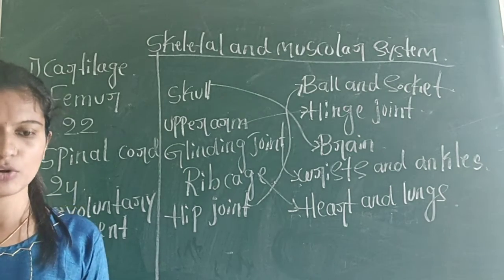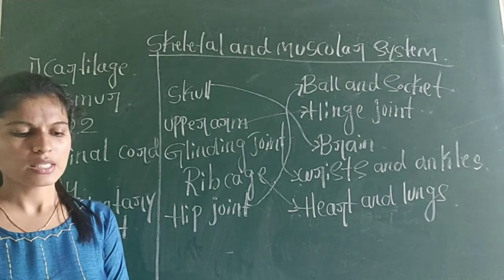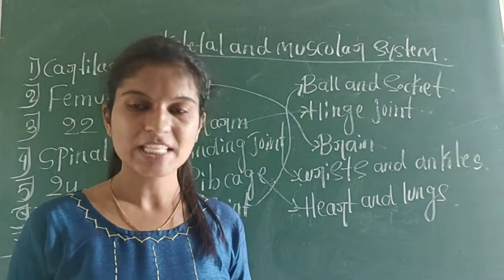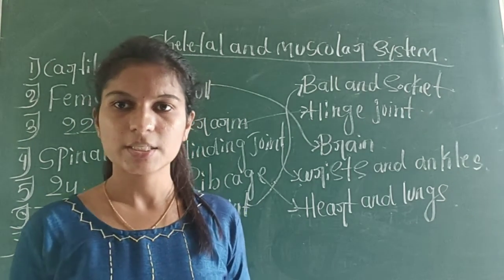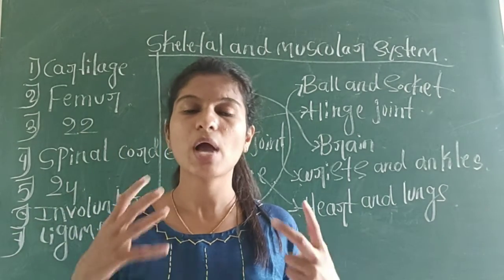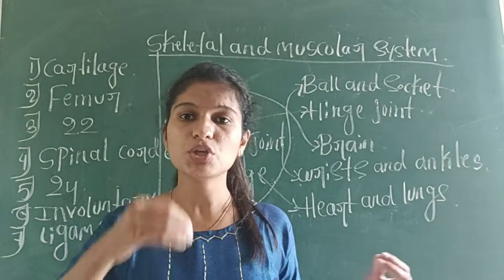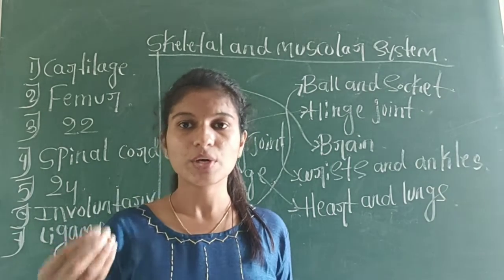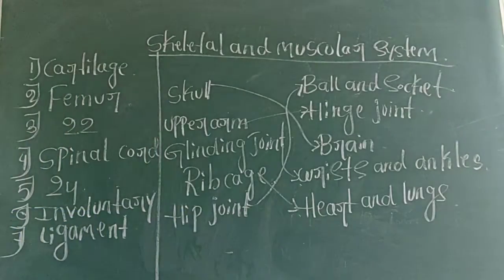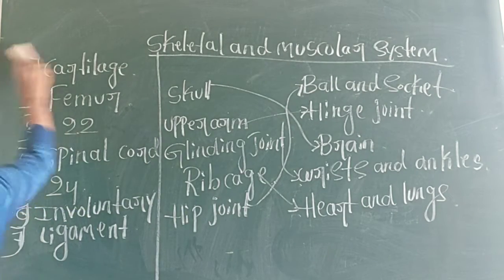These are the match the following. After this, some questions are there. Name the organ of the body that is protected by. In the sense, some organs are there and you have to write the answers, which organ protects which part of our body, that is, the internal organs. So let's see what the answers are here.